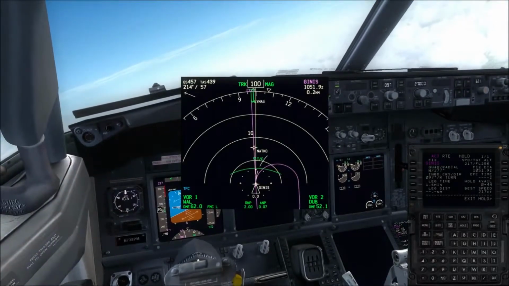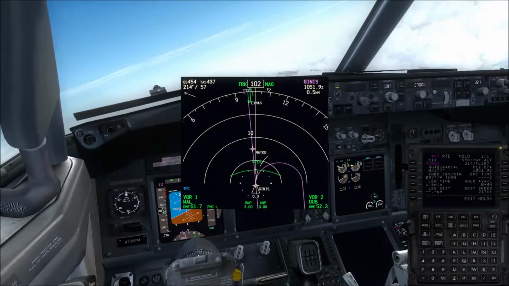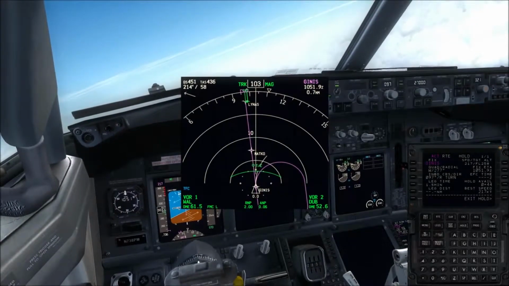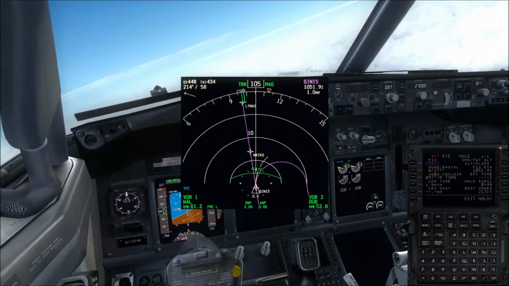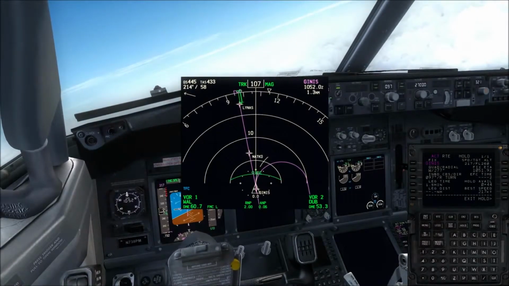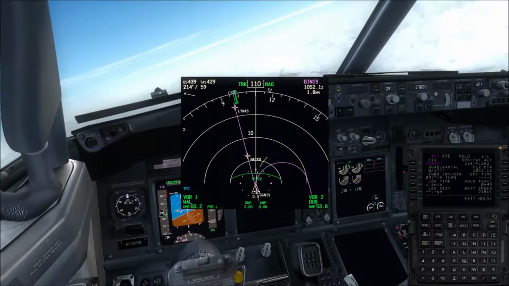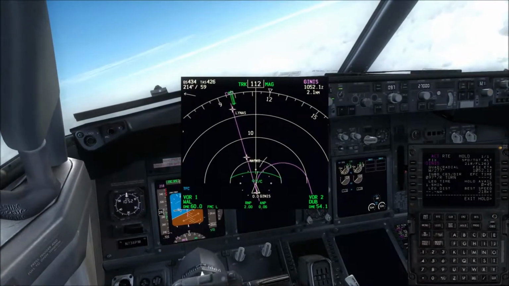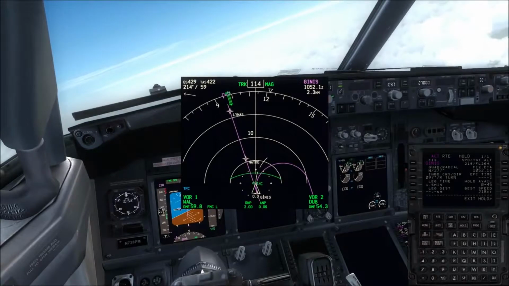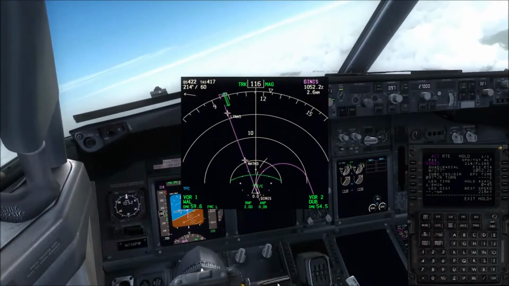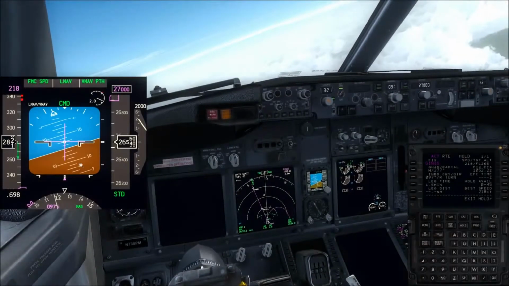Okay, now I'm entering into the hold, and you can see my speed is much higher, so the computers really do all the work in holding patterns in this modern aircraft. So you can see the hold has got much bigger, as at the moment the speed is very high, so it will automatically compensate for that, and the speed is already coming down automatically as long as you are in the LNAV and VNAV modes.